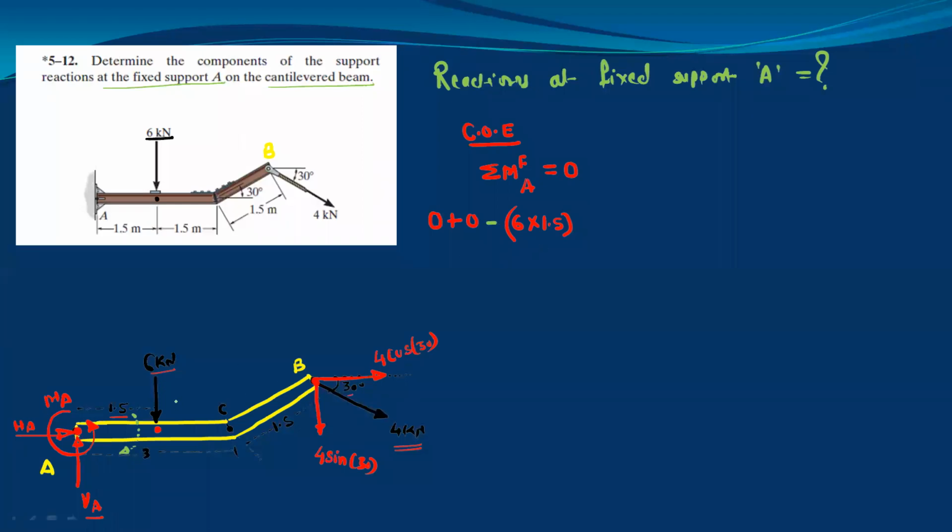After this, we have the force which is 4 kilonewton. But we have resolved the 4 kilonewton, so just consider these components, 4 cos 30 and 4 sin 30. First consider 4 cos 30. So 4 cos 30 is the force value, into the perpendicular distance for